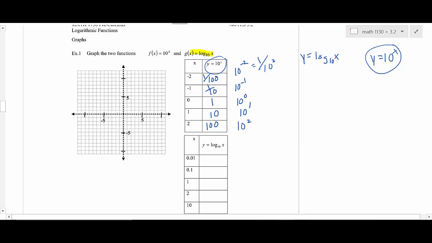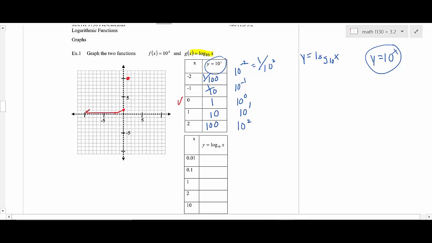And then we're going to draw that function. Go ahead and do that now. We're just going to put the ones that fit on here. Let's start with the point 0, 1. That's your y-intercept. Then you've got the point 1, 10. Remember we talked about this last time. If you were to graph negative 1, 1/10 and negative 2, 1/100,